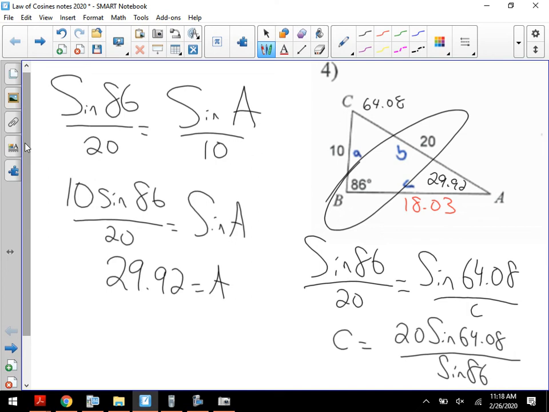Okay? So our largest angle was the 86. The 20 is the biggest angle, or excuse me, 20 is the biggest side length. The next biggest is the 64.08, the 18, and so on. So in theory, it's close-ish. Okay? Now,